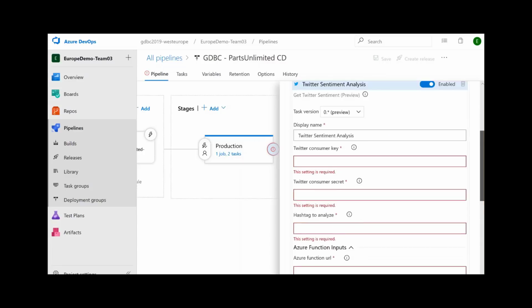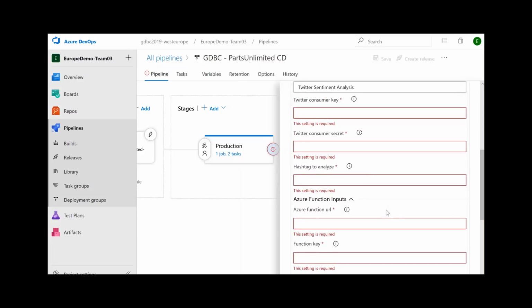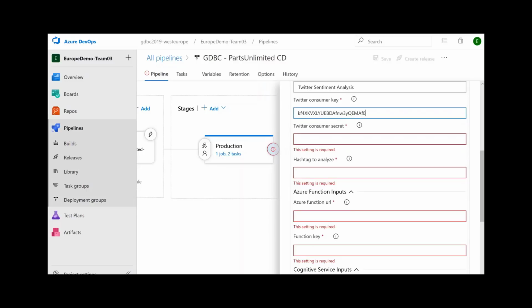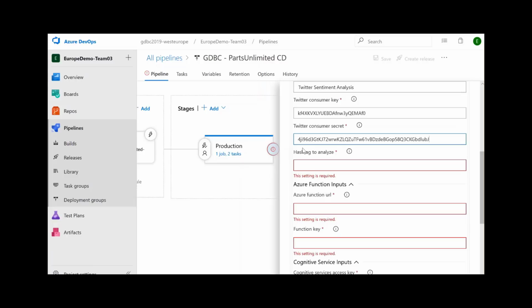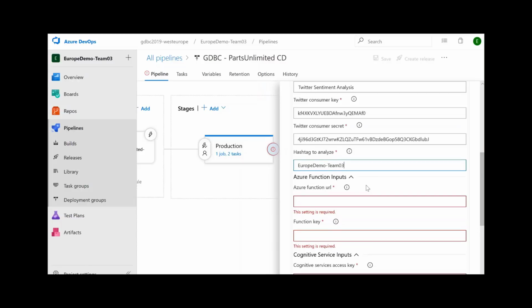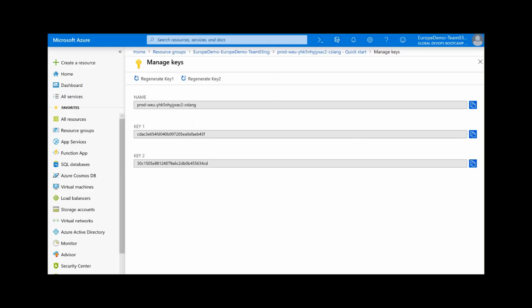and we add the Twitter sentiment gate. And we have a couple of stuff we need to add, and that's mainly the same thing we added in the last exercise. So we have the Twitter consumer key, we copy that. We have the Twitter consumer secret, both of these are from your team page. We have the hashtag for the team. In my case it was Europe Demo 3. Then we have the Azure function URL, so we go back to our